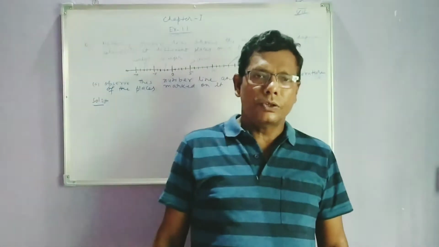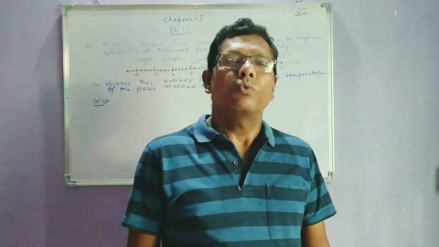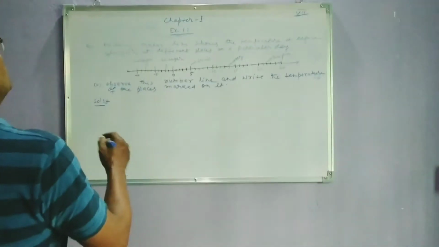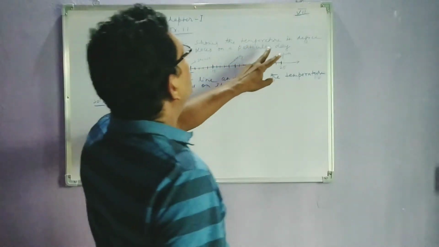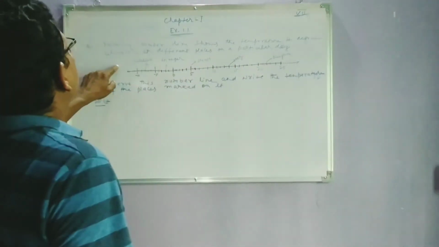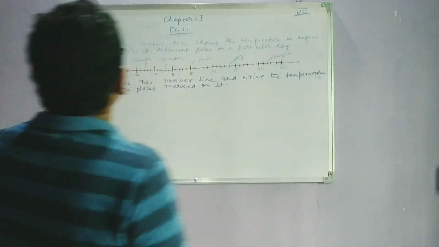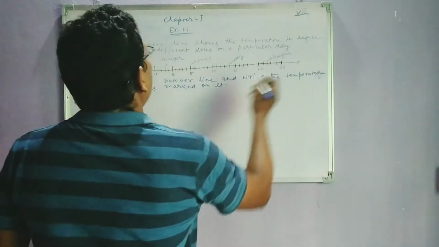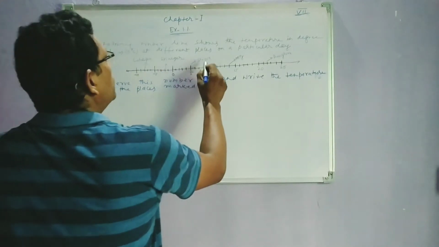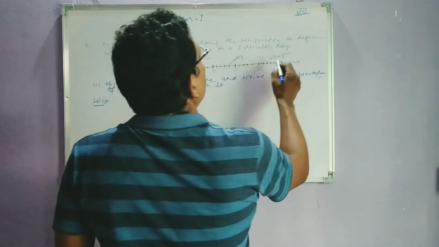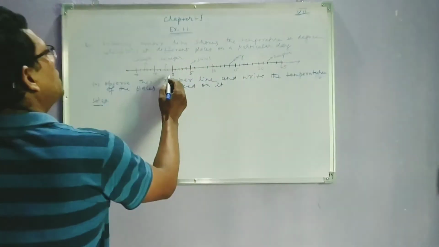Good morning students. Today I am going to teach you exercise 1.1. Question says, following number line shows the temperature in degree Celsius at different places on a particular day. So this is a number line, and here Lahaul Spiti, Srinagar, Shimla, Ooty, Bangalore, and this number line here is